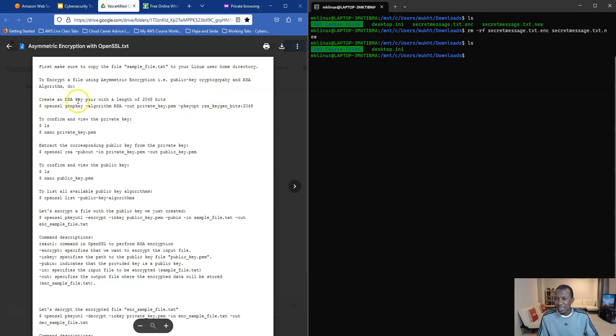So the first is create an RSA key pair with a length of 2048 bits, right? 2048 bits. All right, so let's take the command. So the command is openssl genpkey. The algorithm is RSA, right? Out. So this is the file that we're gonna get, private_key.pem. Okay, this will have the private key, and then pkeyopt rsa_keygen_bits:2048. Okay, so let's copy that,